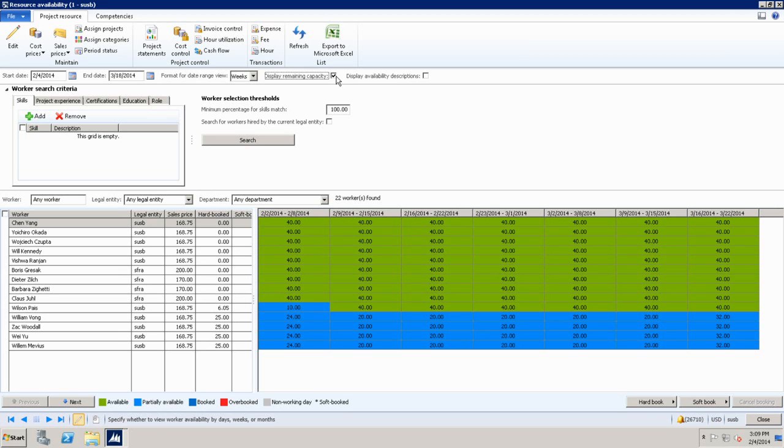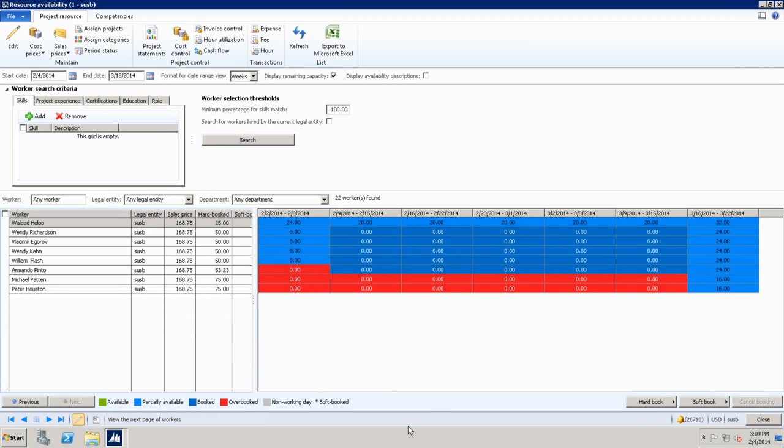Now, I also want to see how much available capacity I have. I can see in each week, I have 40 weeks for specific resources. For these people, for example, some of them are partially booked. If I go to the next page, you can see that some people are at capacity when you see 0, and some people are red, meaning they are even over capacity. You can drill down and make some calls on adjustments to make things happen. So if I go back again here,